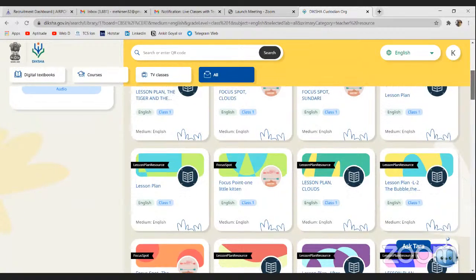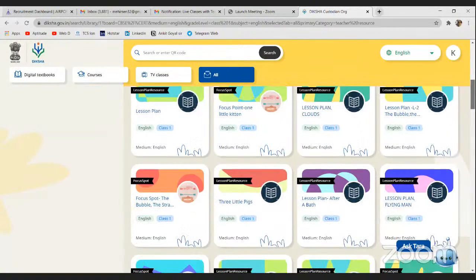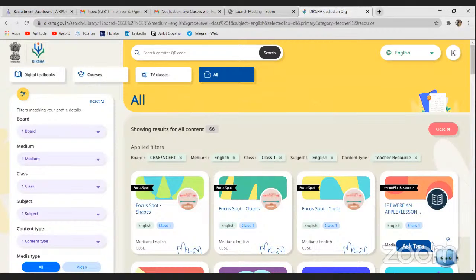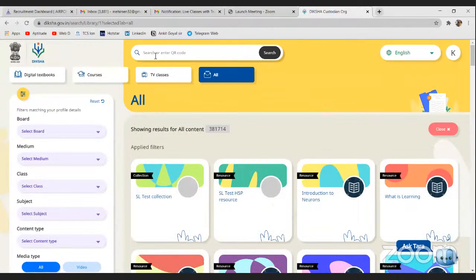Lesson plan on clouds, lesson plan on bath, flying man. So these are some of the resources that can be taken up. इसी तरीके से अगर आप, if I just reset all the filters, और यहाँ पे अगर मैं shapes को search करूँ in the search option,